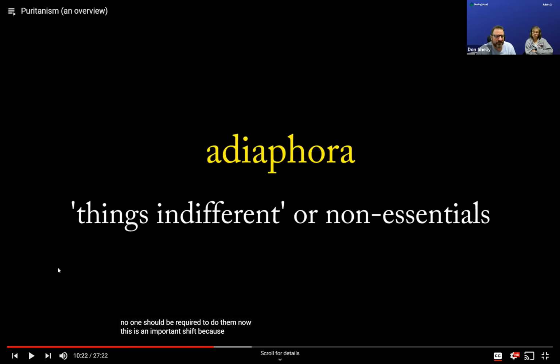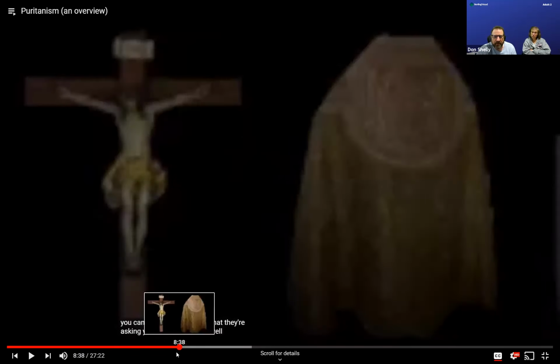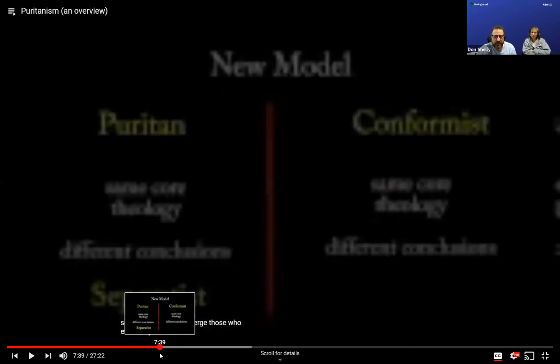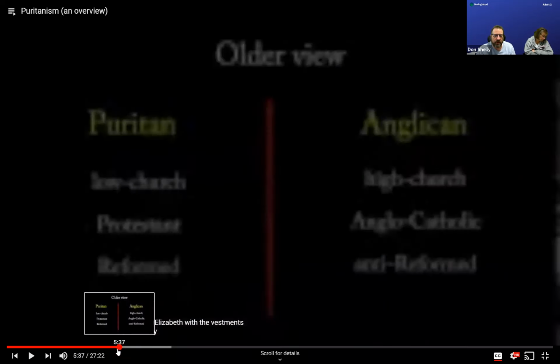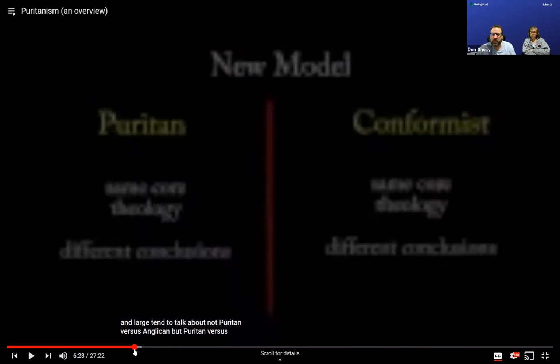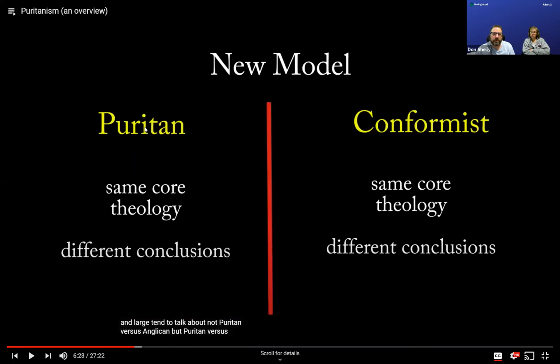And so what happens is, and we talked about this before, let's see if I can go back to it. What you ended up having was, remember, the difference here was the idea of conformist versus separatists. And that's what we're going to continue to work through here, is this idea of, are you reforming or changing the church? Are you conforming it, or are you separating yourself from it?